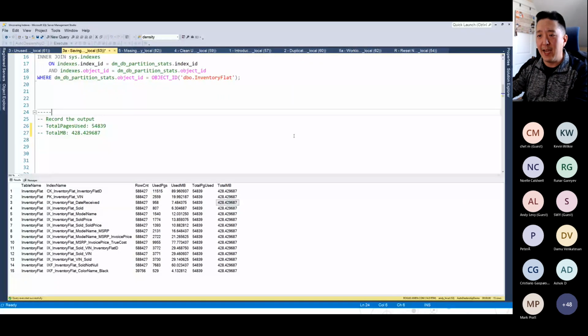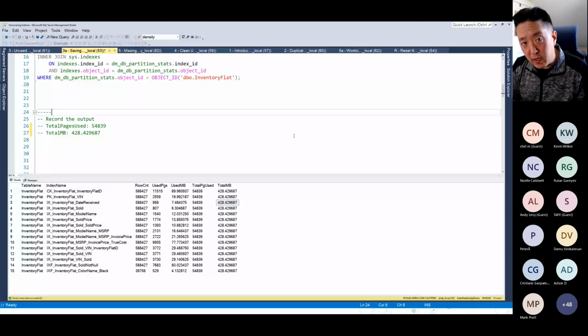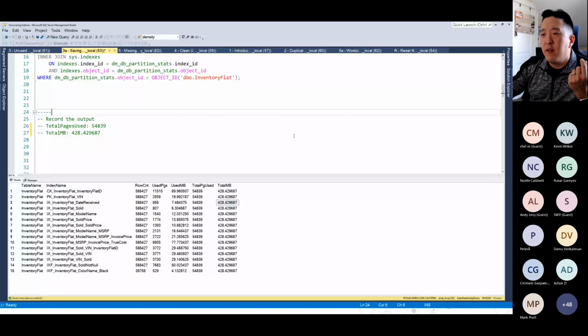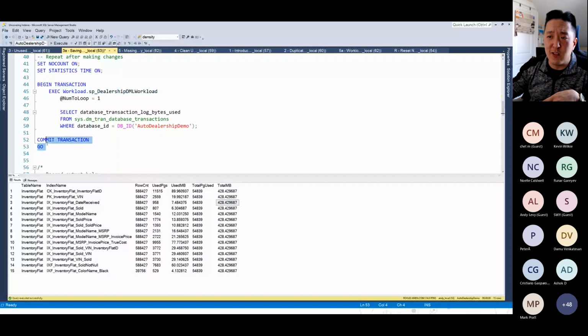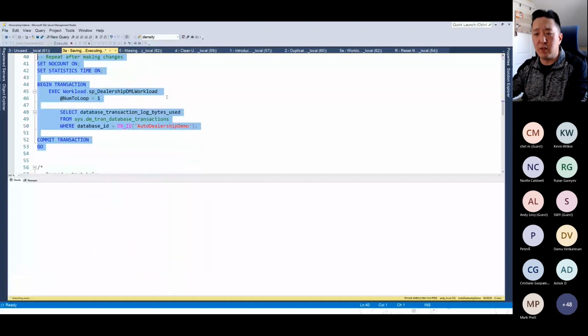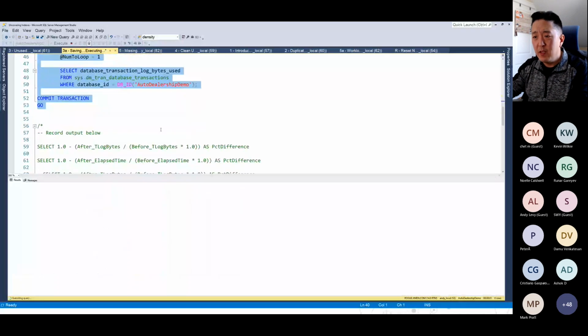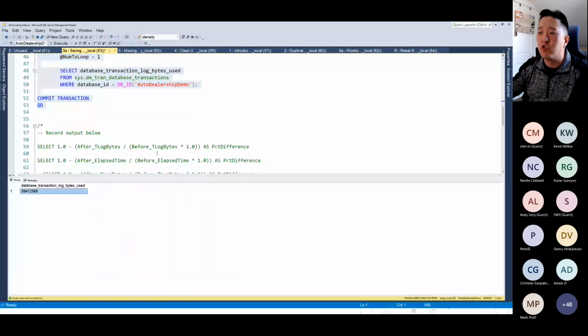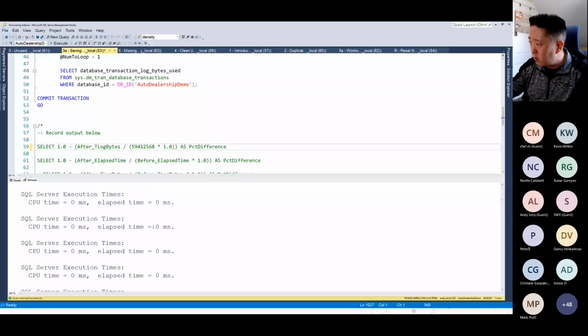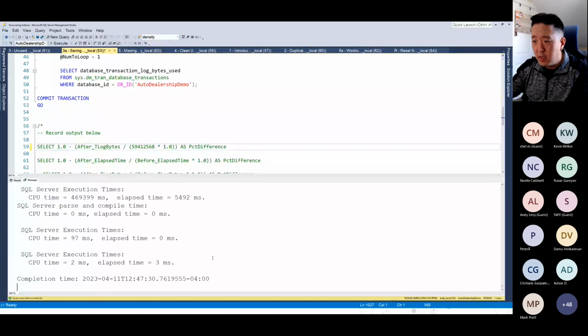Now, we talked about the overhead of DML operations behind the scenes, right? To measure that, we're going to look at the volume of transaction log that is written when I run this particular stored procedure that does some DML workload. So I'm going to execute this as my baseline, see how long it takes, and how much transaction log was generated. So this is the volume of transaction log in bytes, and my total execution time was about 5 seconds or so,